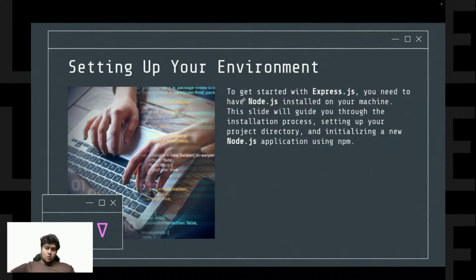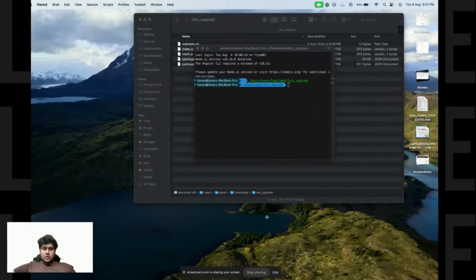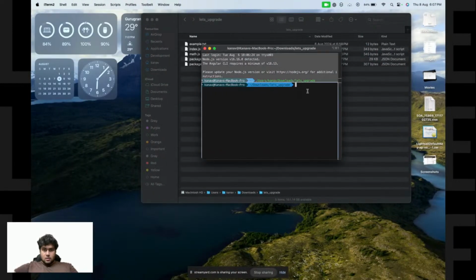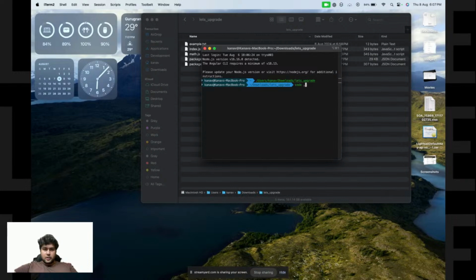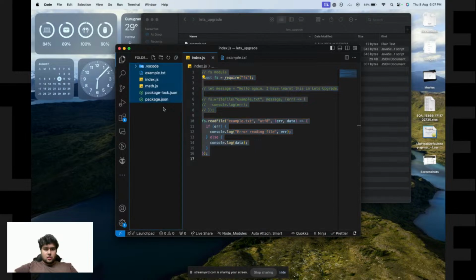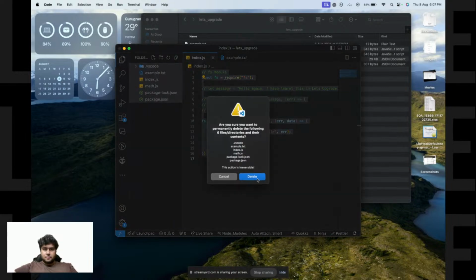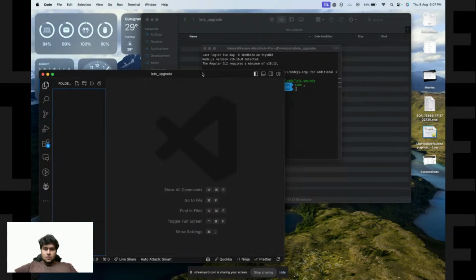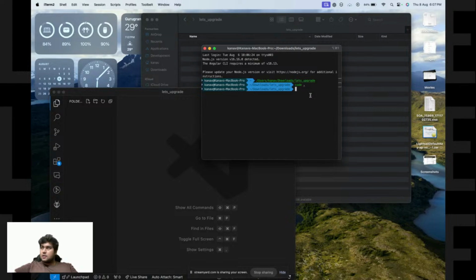Now let's initiate our project. I'll open the project, clear everything, and start from scratch. I'll increase the font size.